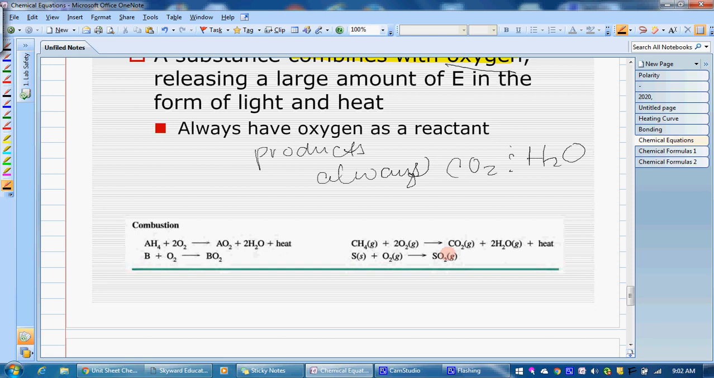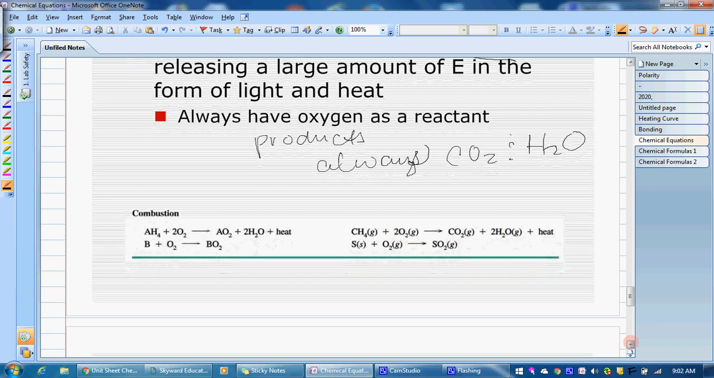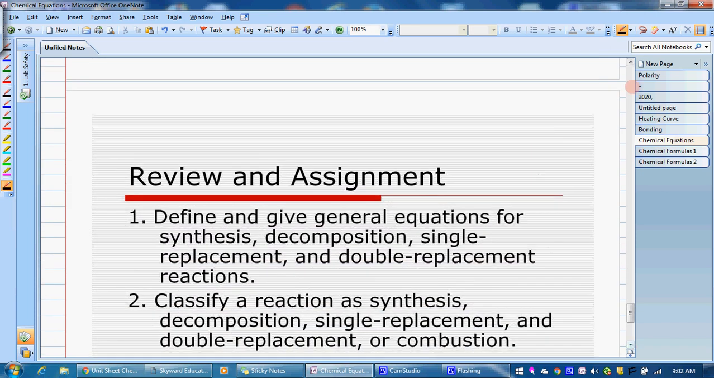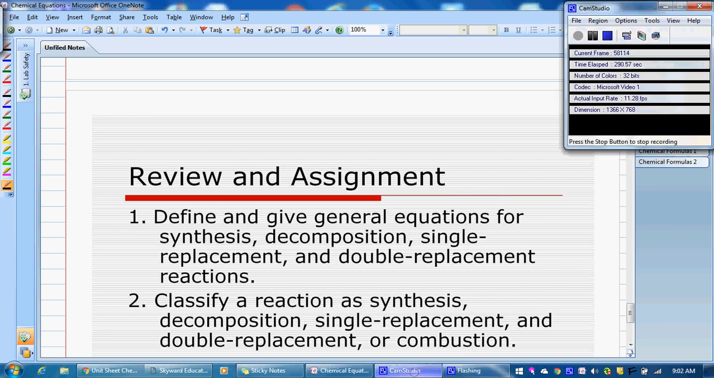So you can see here, I don't know why this one's an exception to the rule, but most of the time you're going to have some kind of carbon-hydrogen combining with your oxygen, and you get carbon dioxide and water. This is an exception to the rule. We will not have anything like that. Okay. And that covers the 5 different types of